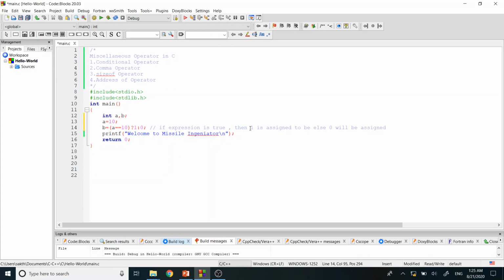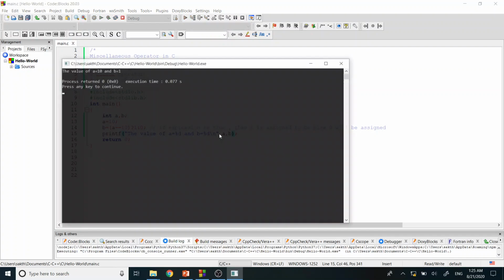So this is what I'm telling. Now let me print the value of a and b. The value of a equal to percentage d for integer, and b is also an integer, so I'm going to use the same thing. I'm giving a and b here, so I'm running the program.